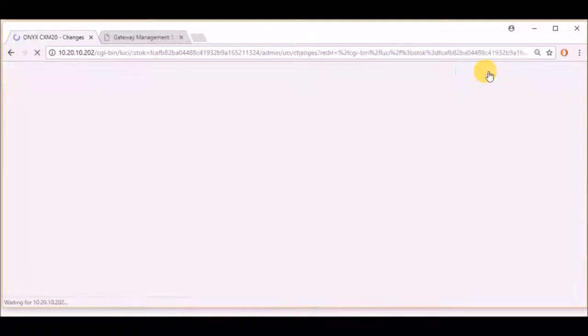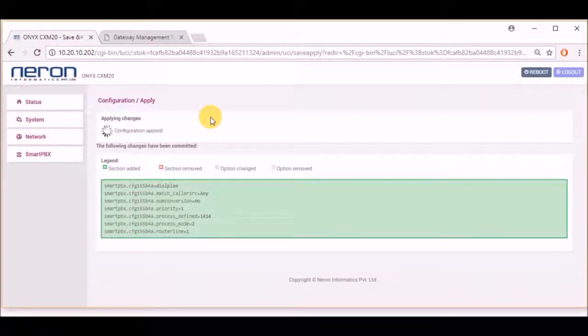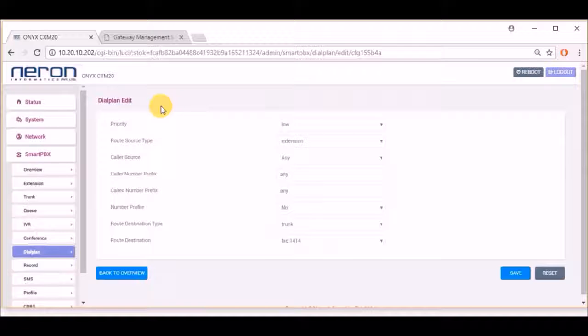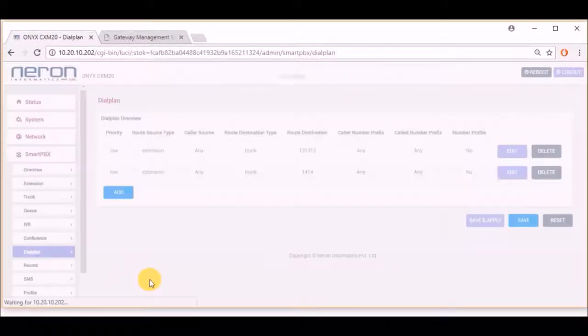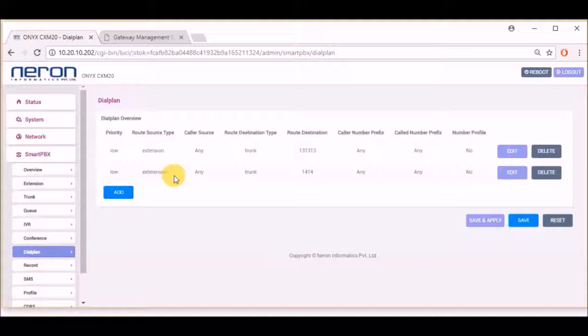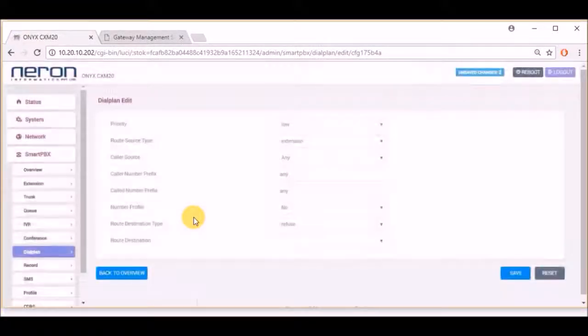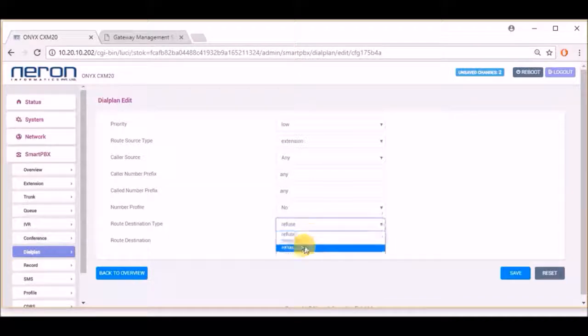Click on unsaved changes and save and apply. Click back to overview. As you can see, I've created a dial plan for the FXO trunk. Now I'll create another for the wireless port also. This will be priority low and route source type will be your extension, caller source any, all any, and number profile no. Route destination type will be your trunk, and route destination will be your wireless port.